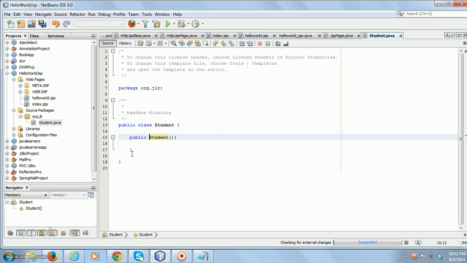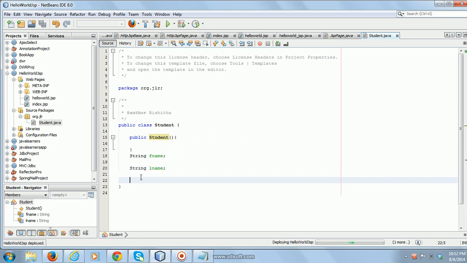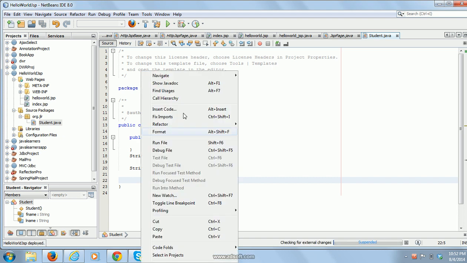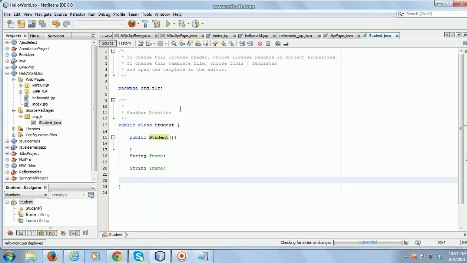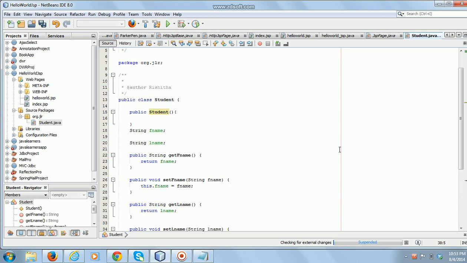I will create fname and lname, and generate getters and setters: right click, insert code, getter and setter, generate.